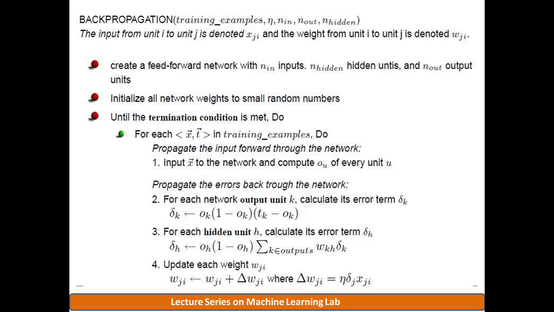Now for each network output unit k, calculate the error term delta k as delta k is ok into 1 minus ok into tk minus ok. So that is,